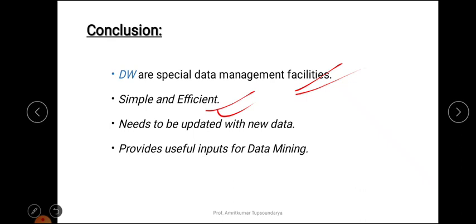Also the sources of data are operational systems and external data sources, right? The data warehouse also needs to be updated with new data regularly, as and when required, to keep it useful, so that the data we are storing in the data warehouse is continuously in use.